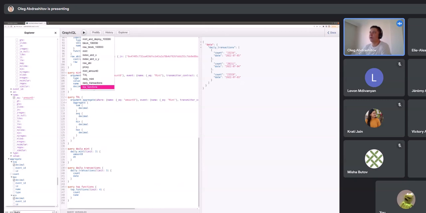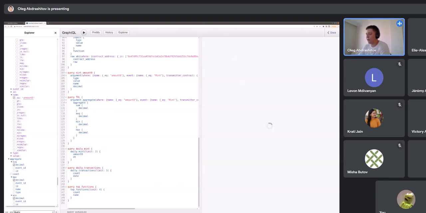What else can you do? You can do all sorts of analysis here. For example, I'm looking for the top 4 most popular functions. Basically, everything that you can do with SQL, you can do here, and you don't even need to know SQL. You can simply put together a GraphQL query and consume the results. Now, you can consume the results in this IDE and study them, but every query that you use in the IDE can also be sent right away against the